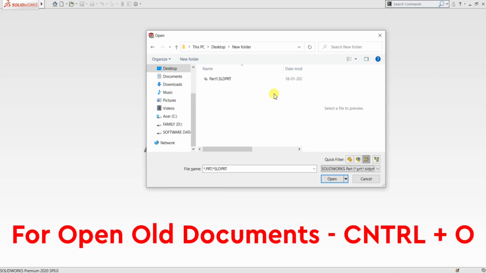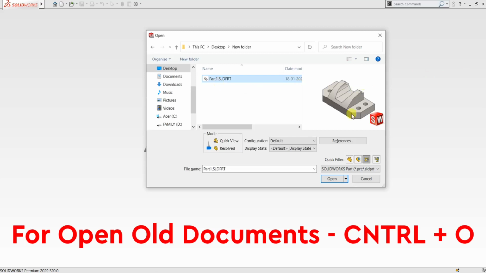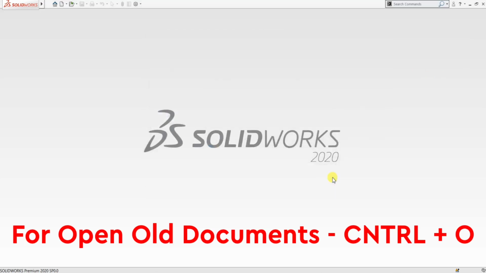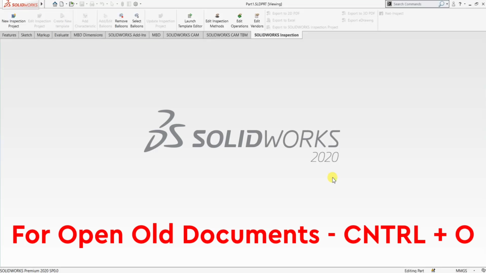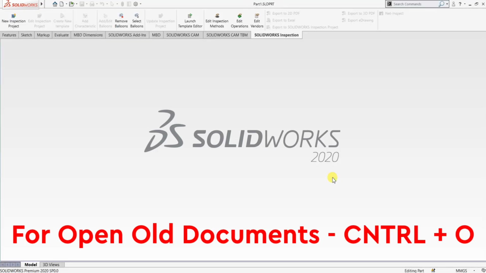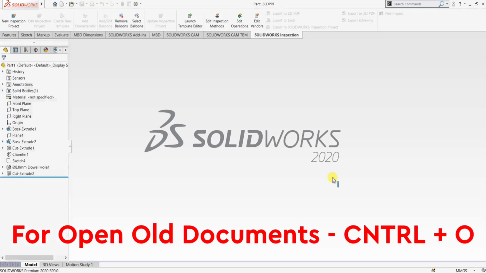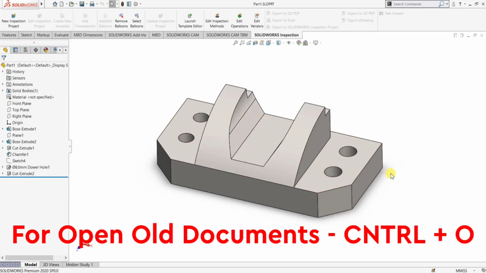Here I am selecting Part 1 SLDPRT. You can see the preview here. Now press open. Wait for some time. Now you can see the part file is open. This is the second shortcut key, open.